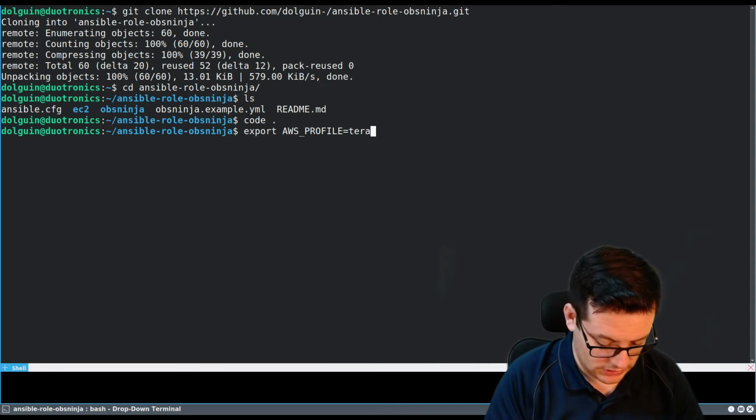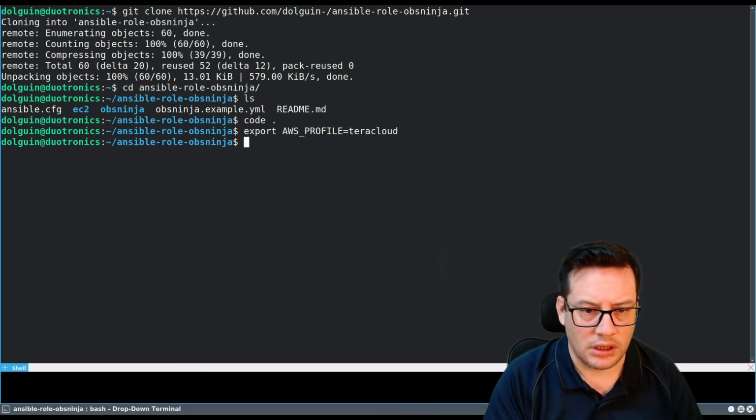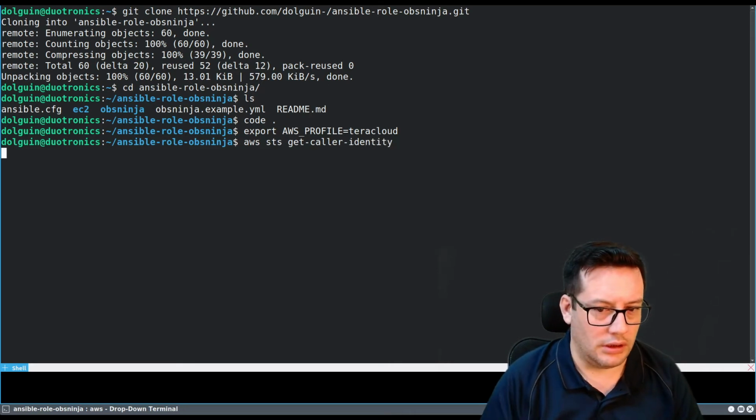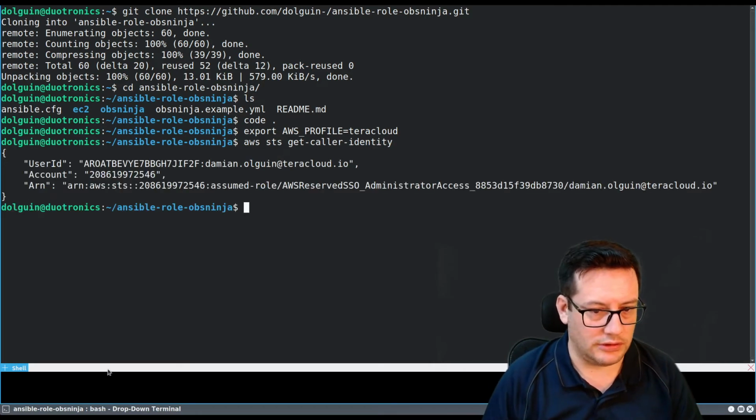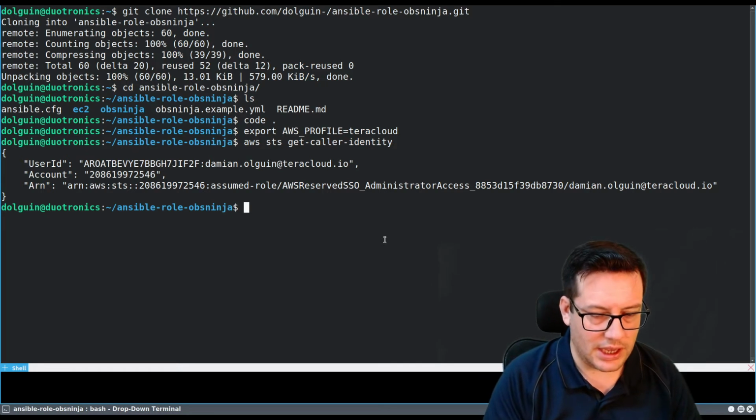It will be Teracloud, and then I will do aws sts get-caller-identity. So I will check that the configuration is properly done. So I'm working and I'm good to go,